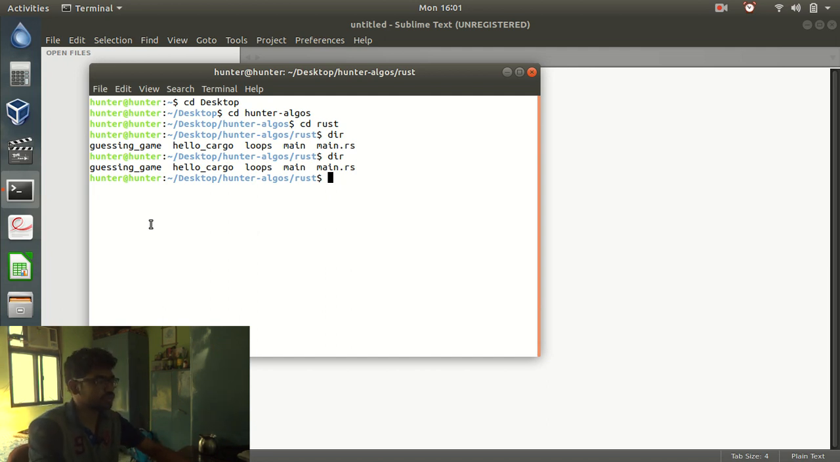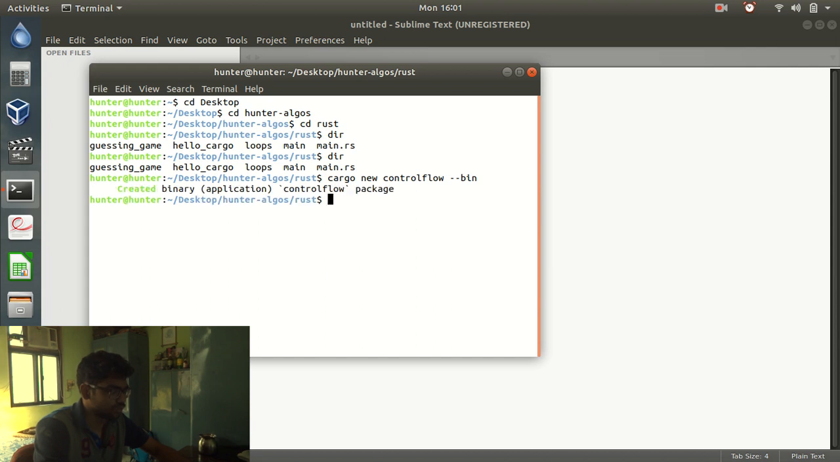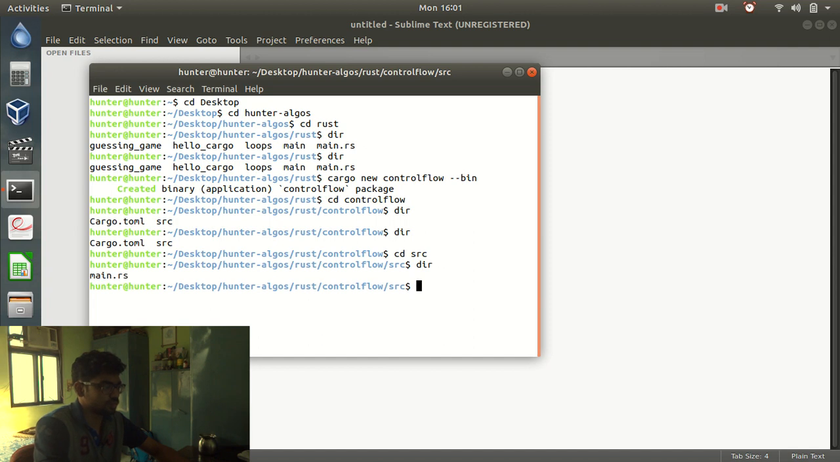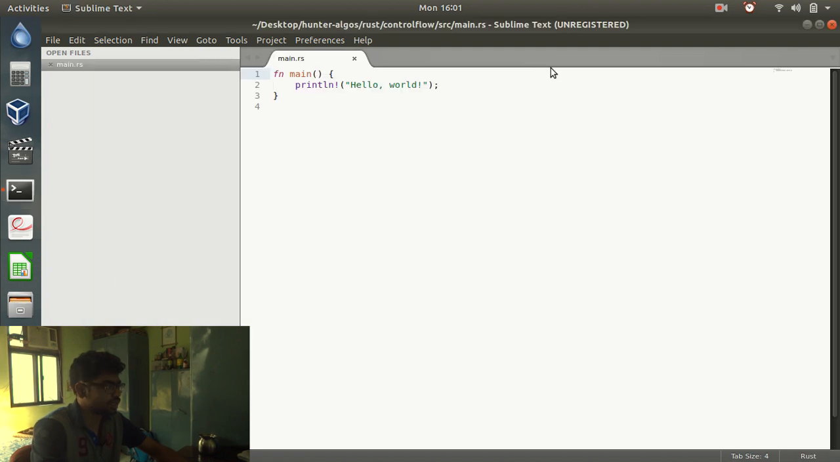So we'll create a new project called control flow. Alright, let's go inside control flow and open main.rs. So let's implement. Let's take a number